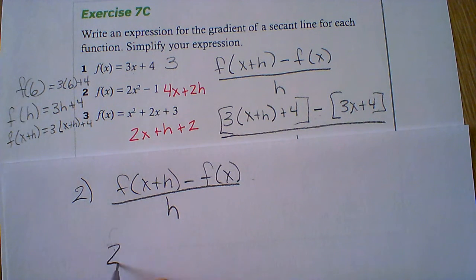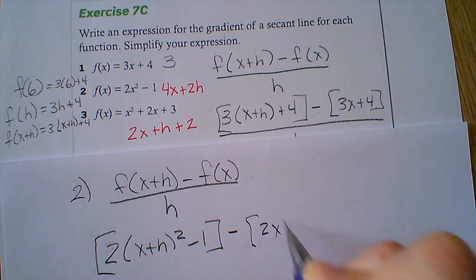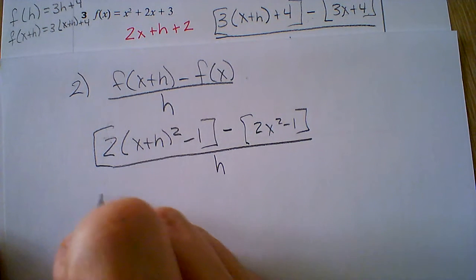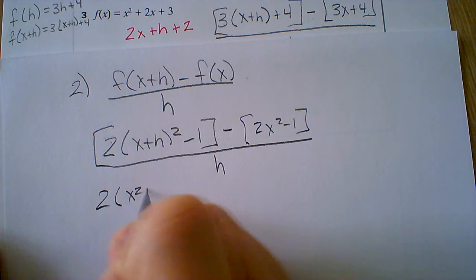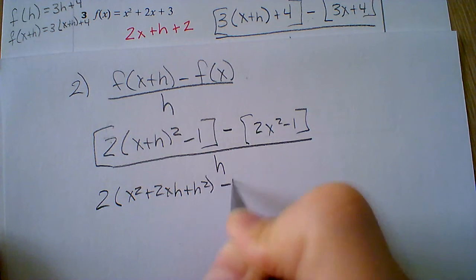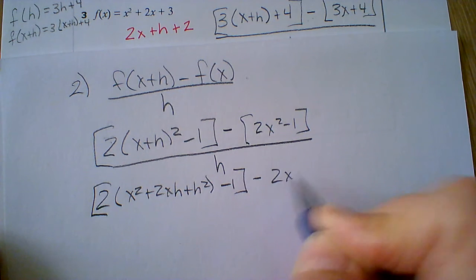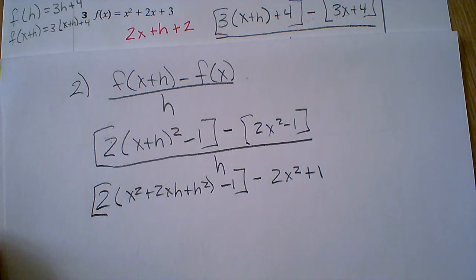So that is going to be 2 times x plus h squared minus 1, all minus 2x squared minus 1 over h. So 2 times x squared plus 2xh plus h squared minus 1, still in brackets, minus 2x squared